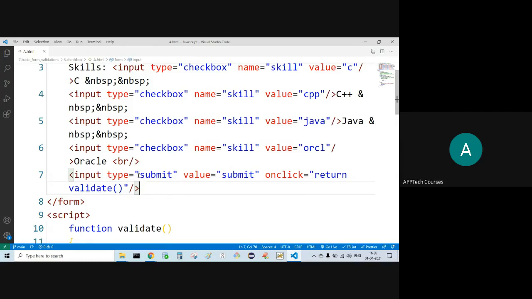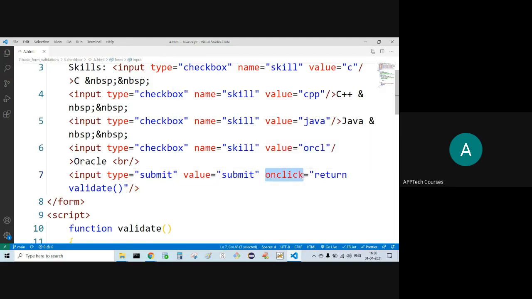Why am I using the type here? What is the input type? Submit. No, sir.